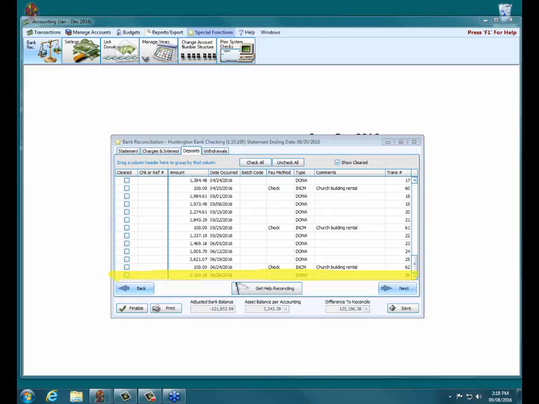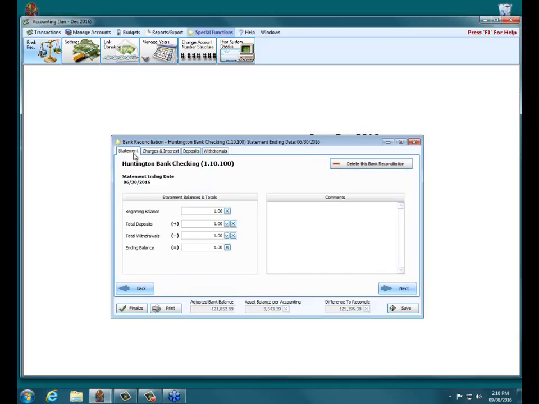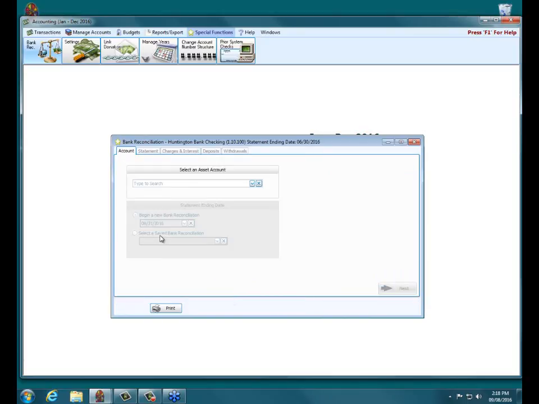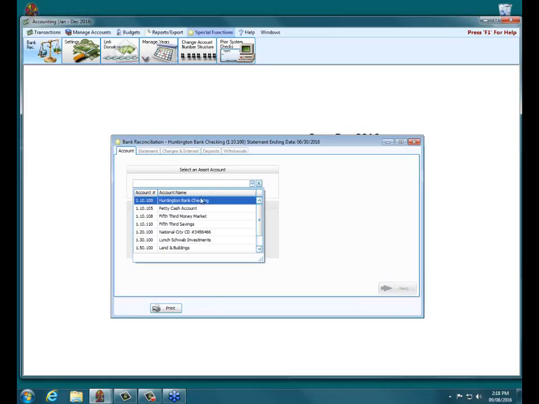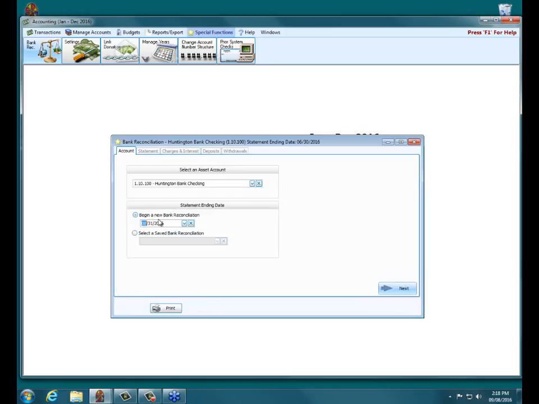I would simply check that as cleared just like normal. Okay? Then it shouldn't impact my difference to reconcile. I still should be able to get zero. Then when I go to my July bank reconciliation, that's where I'll check the $165 withdrawal. So if I now backdate this to 07/31,